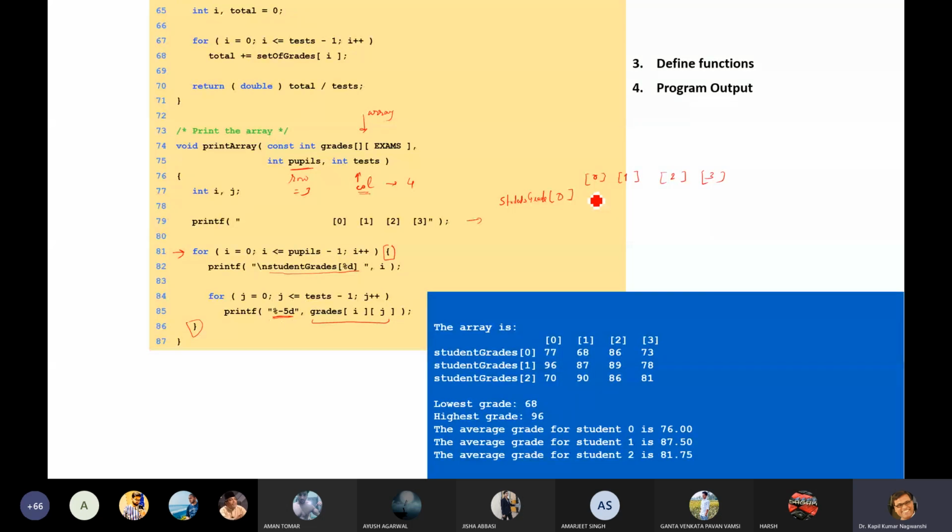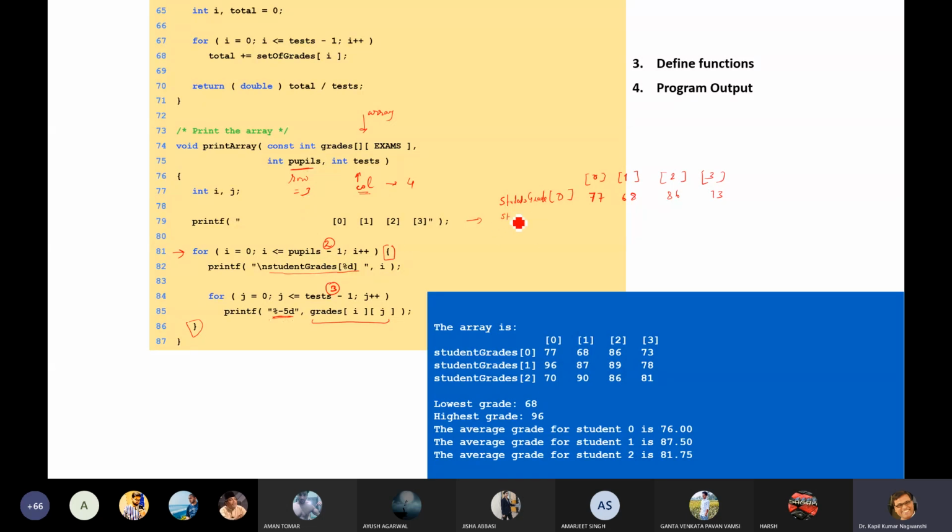So now I'm writing 0,0 as 77, 0,1 as 68, 0,2 as 86, and 0,3 as 73. This inner loop runs up to 3 times, and the outer loop runs up to 2, because the number of rows is 3, and 3 minus 1 is 2.